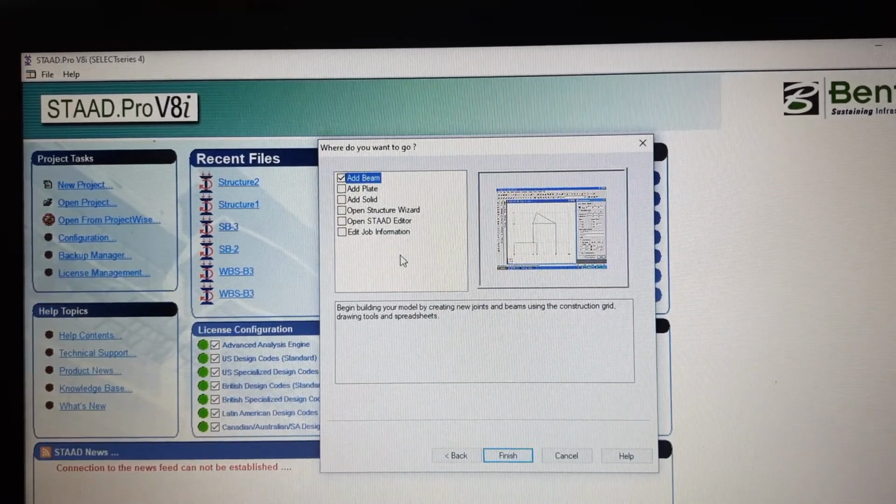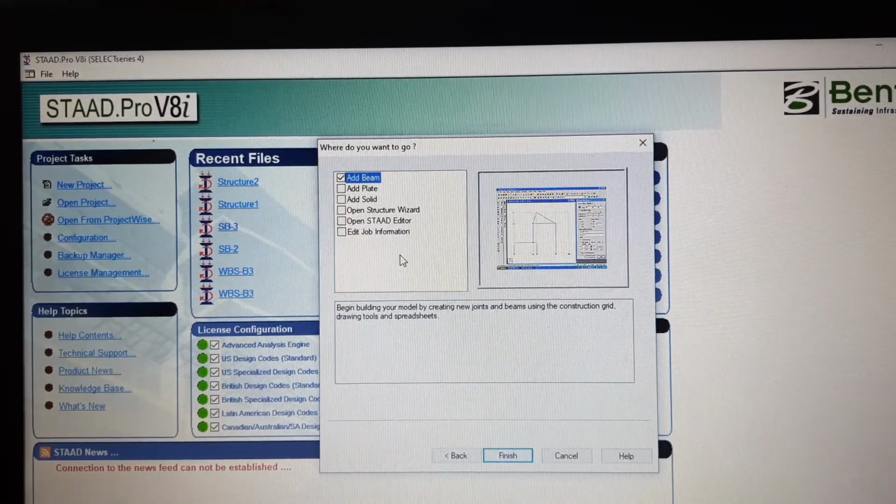What is the meaning of this? So friends, here add beam doesn't mean your flexural beam. Add beam means a frame element. That means you can model any frame. Suppose you want to model a trestle, a workshop, or a pipe rack, you will choose this add beam because it all consists of some frames. So this prompts you to model a frame type of structure. Most commonly, a steel structure can be modeled with the help of this add beam option.